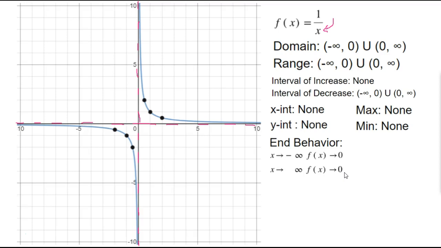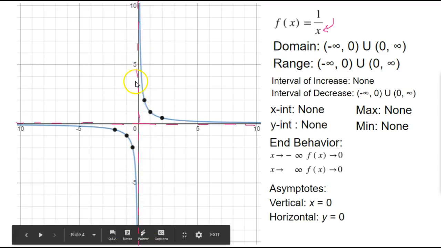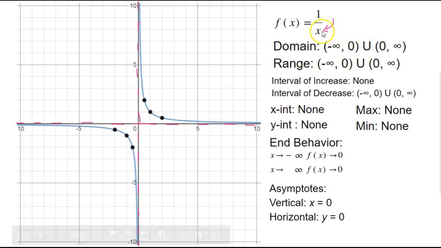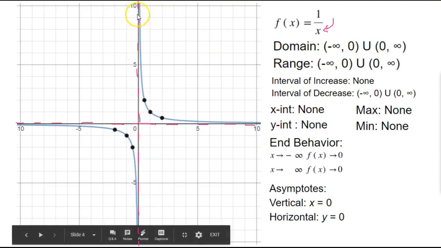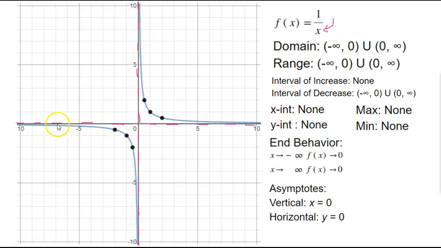Because this is the case, this gives us some very special pieces to our graph, which we have used in other graphs, exponentials in particular, and that is asymptotes. In fact, we have two asymptotes. We have a vertical asymptote that's resting right here on the y-axis that's keeping our domain from equaling 0. That's the restriction. We can't divide by 0. So we've basically got a wall here that keeps us from being equal to 0. For our end behavior, because everything is leveling off at 0, we also have this horizontal asymptote here on the x-axis where y equals 0, because y can't be equal to 0. These restrictions in our domain and our range have given us these asymptotes that keep the graph kind of trapped. And so these are the key features for the rational